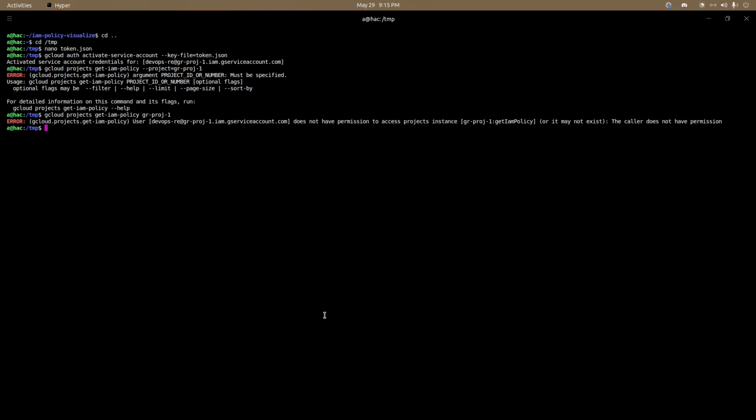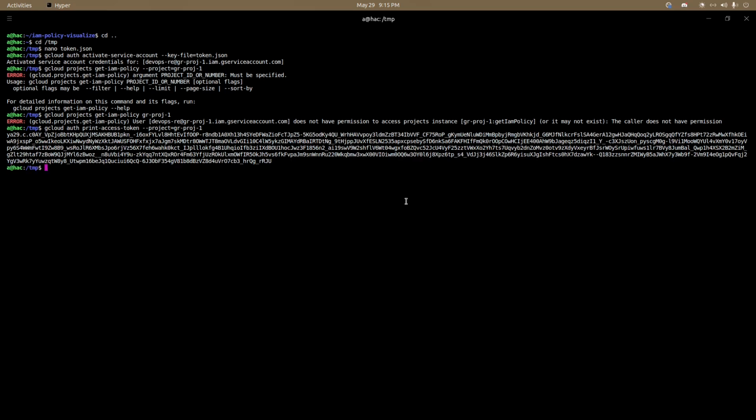We should always follow the principle of least privileges, right? However, we got some tricks. Over here, what we will do is print the OAuth token. So gcloud auth print access token, real quick, project gia proj